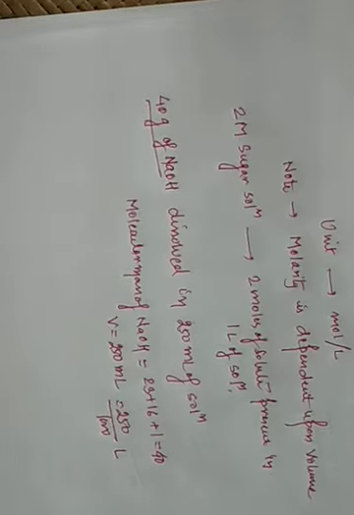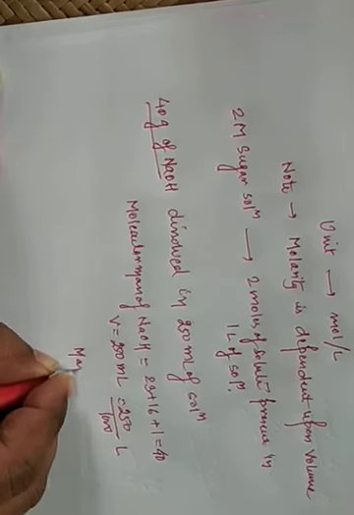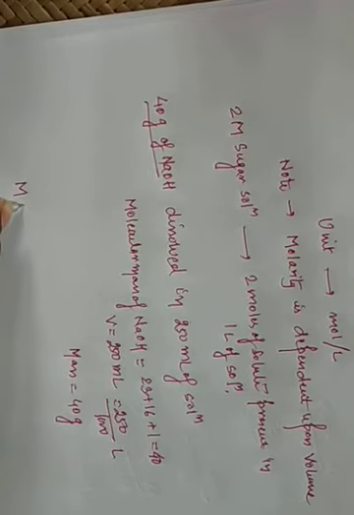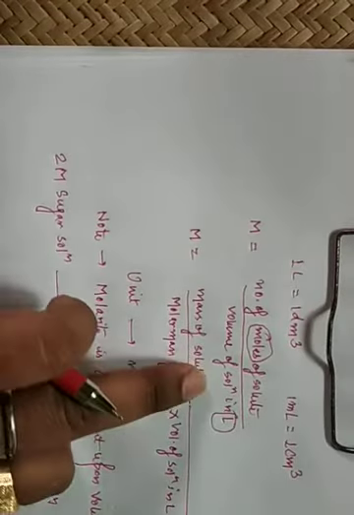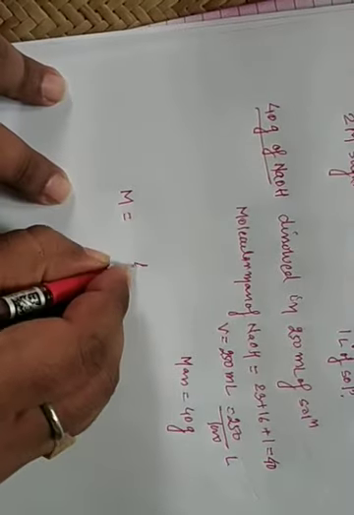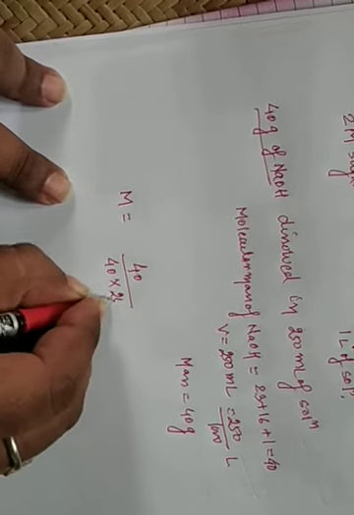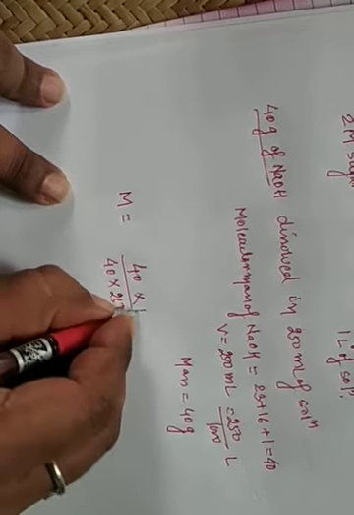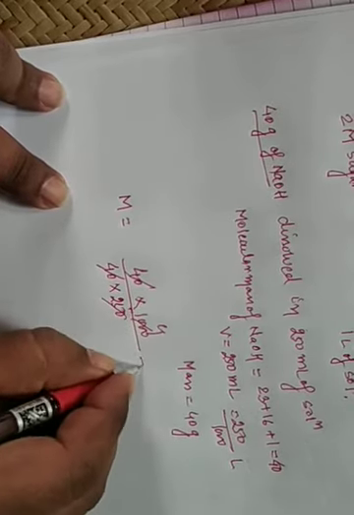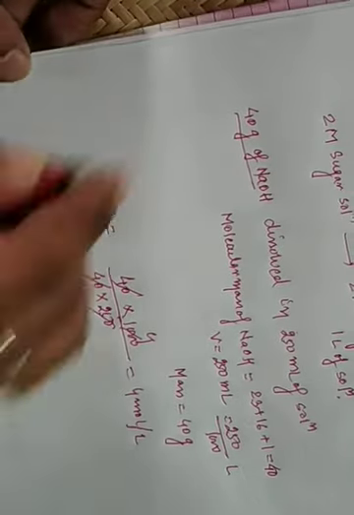Okay. Now the mass is given. So mass is what? 40 gram. So now here the second formula of molarity: mass of solute upon molecular mass of solute into volume of solution in liter. Mass is 40, molecular mass is also 40, and volume is 250 divided by 1000, so the 1000 goes up. So 40 cancels, 250 gives 4. It means 4 mole per liter. Okay. Clear? This is the first numerical.